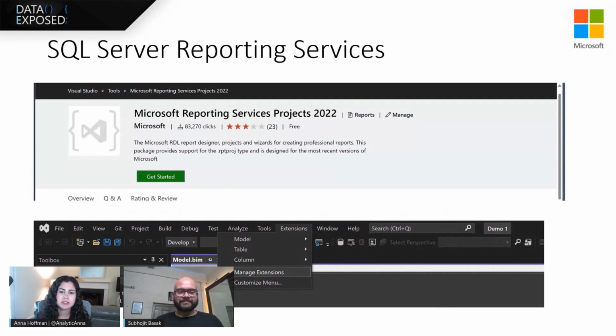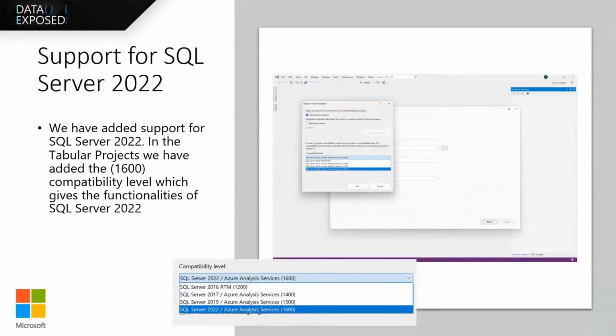Awesome, nice. So what's new in both of these areas apart from just releasing a new version? Yes, so we know that SQL Server 2022 has released, and SSAS and SSRS have started to have support for it. We have added a new compatibility level of 1600 under tabular projects for SSAS.